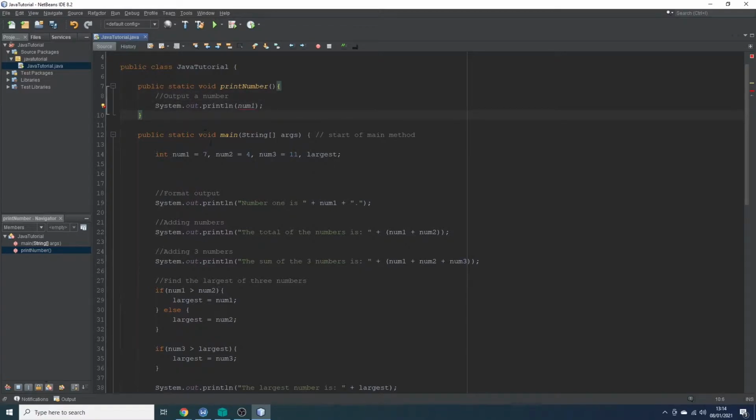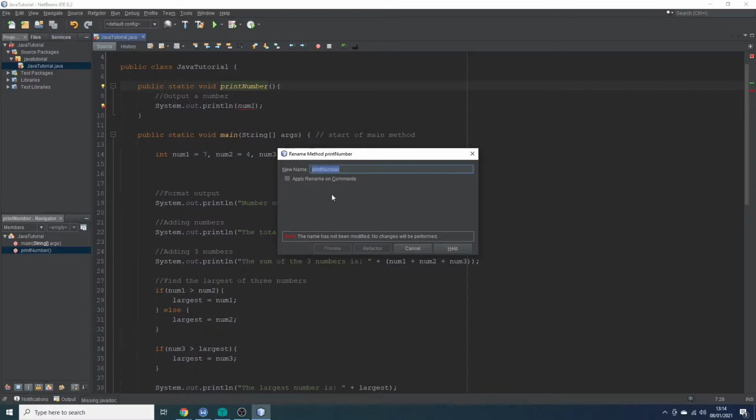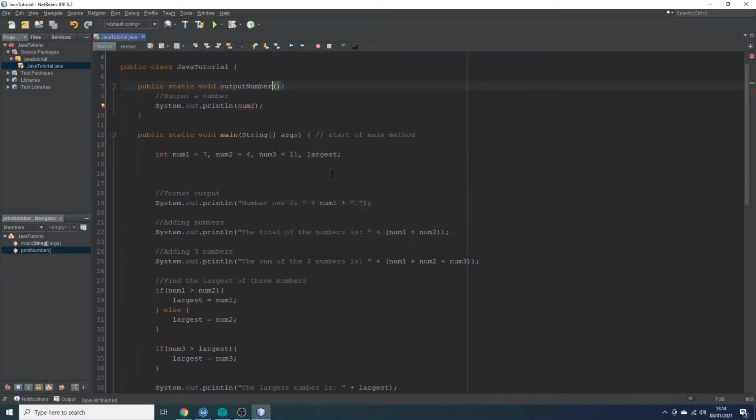But there's a few things wrong. I've called this one output a number and I've written print number, so we're going to correct that first. I'm going to click on print number, and on my keyboard I'm going to press Control and R, and it's going to bring up this rename method. So I'm just going to delete print and write output. There we go, and press enter, and that's changed it for us. That's the correct way to rename something in Java. So now the note matches the method name, that's good, but we have an error on line 9,